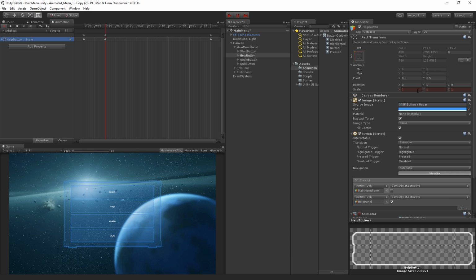And I'm just going to adjust this value. So I'm going to go over here to the X scale on the rect transform. This is for the help button. And I'm just going to type in 1.1. We'll see that it changes. We can see it kind of flattens out here or stretches out. And now it's going to be fast, but if we play it, we can see it's